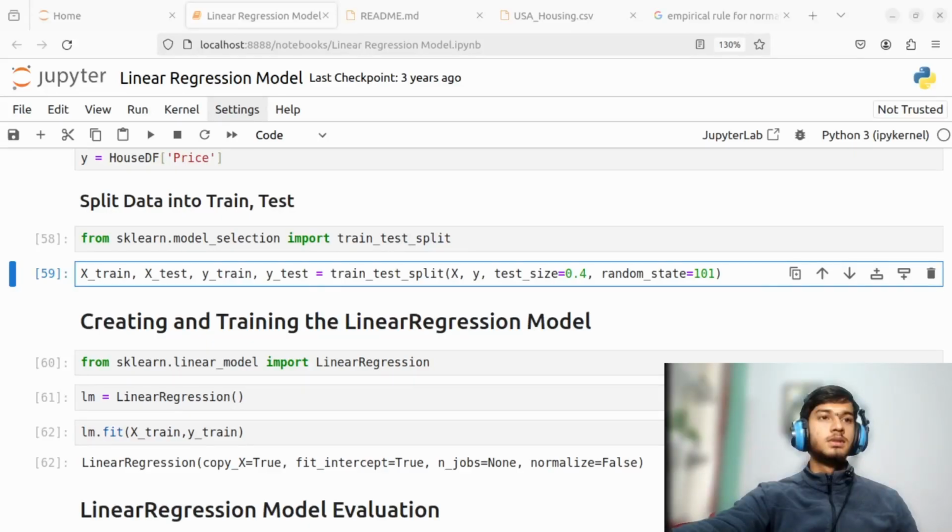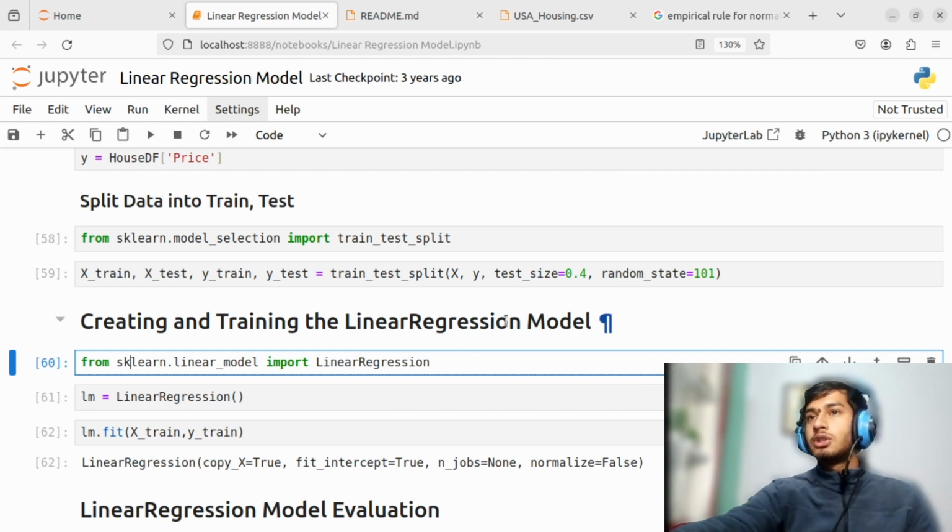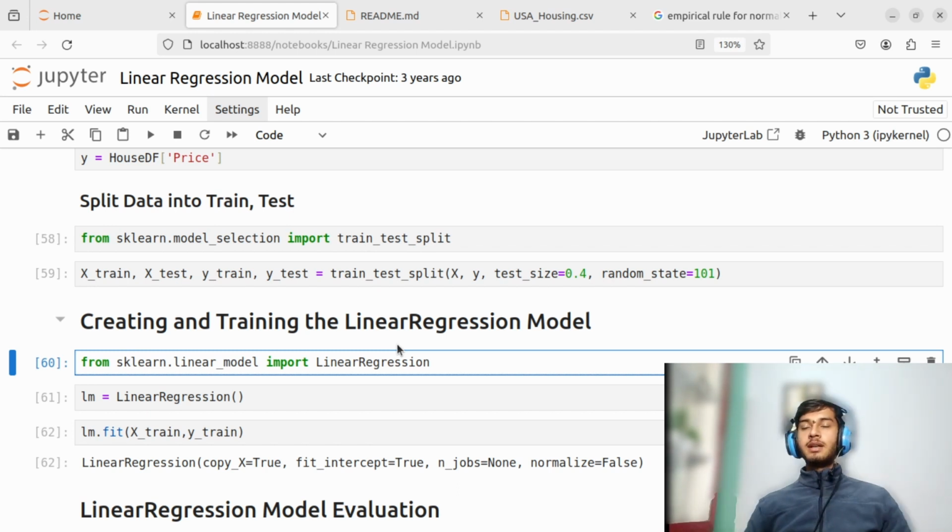Once your train test split is completed, we can jump into the next part, that is creating your regression model. So what is a regression model? We will see it. For now you may think of it as a machine learning model,